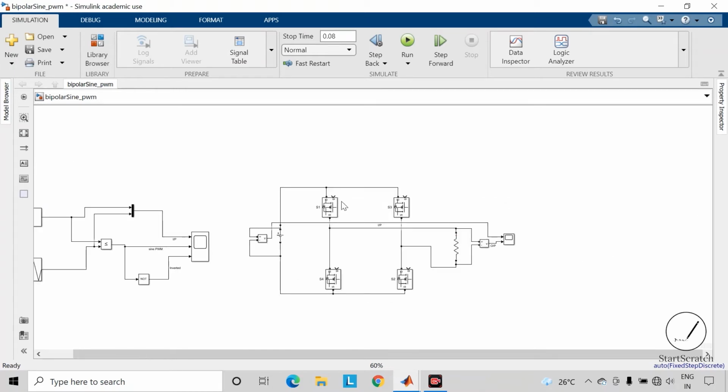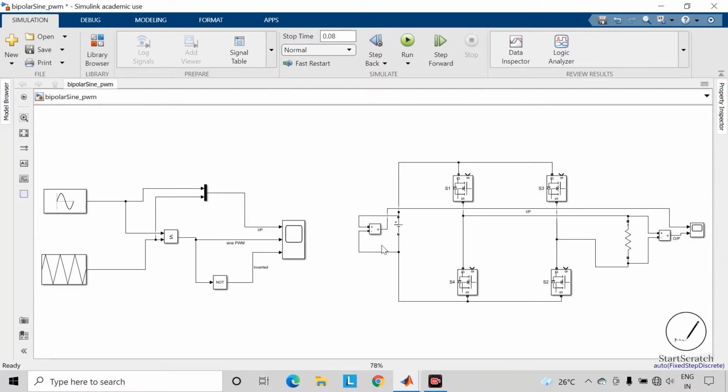Now we will connect these gate terminals of this MOSFET to these sine PWM pulses. For that, we can directly connect these sine PWM pulses to the gate terminals of the respective MOSFET, or another way is to use go to and from block.